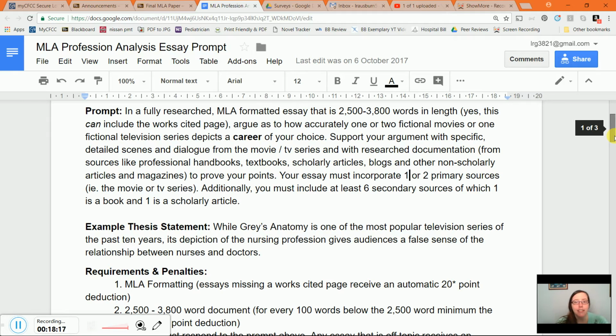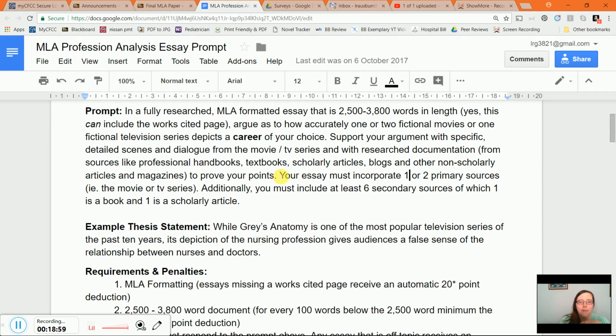How accurate is this? So you have a paragraph where you're analyzing, but then you also have a paragraph where you're supporting your argument about accuracy with researched sources. So I might look at a magazine about boarding schools, or I might look at pedagogical arguments about how to teach at a boarding school in a scholarly article or something like that in order to argue whether or not it's accurate. So the bulk of this essay is twofold. You've got your analysis, but then you also have your research.